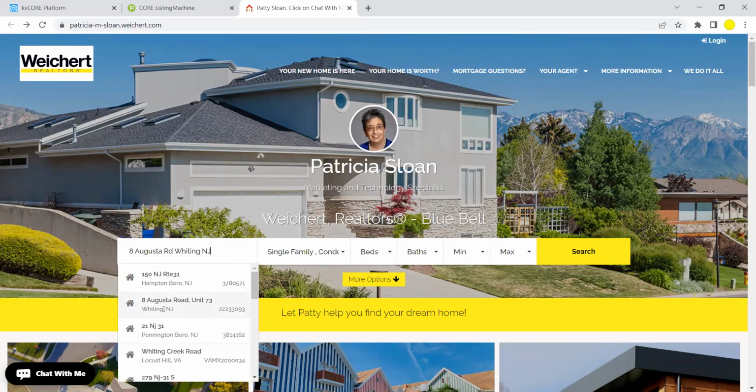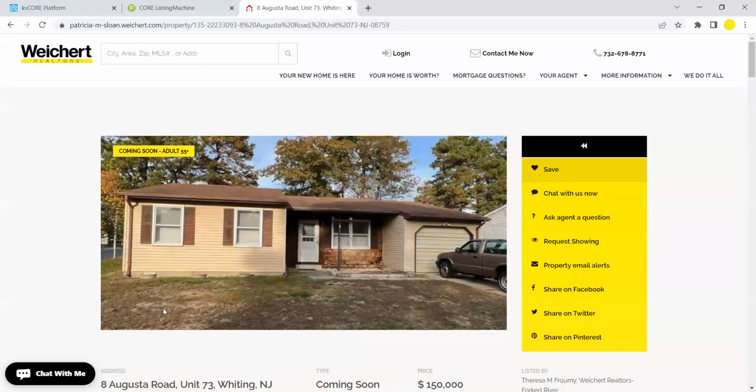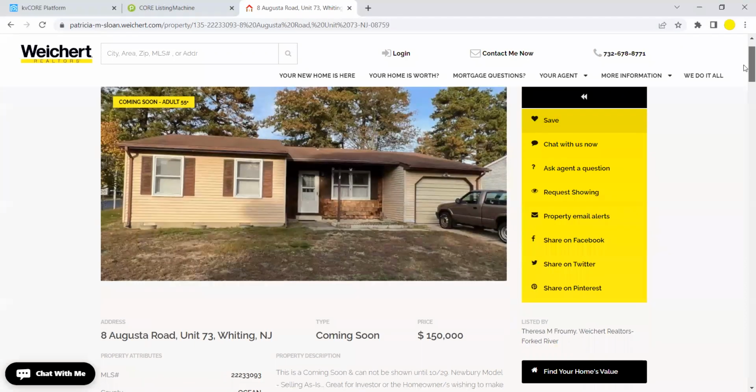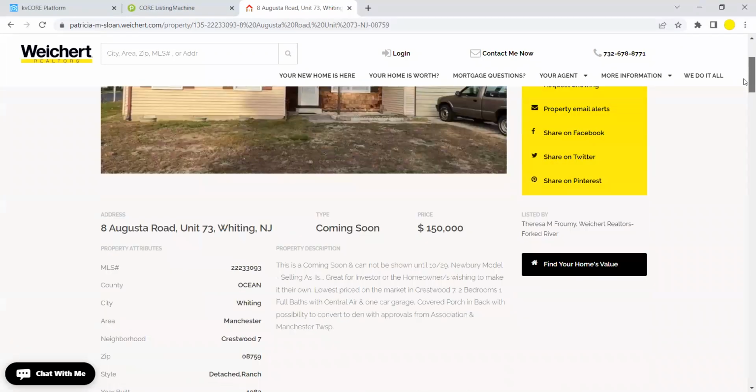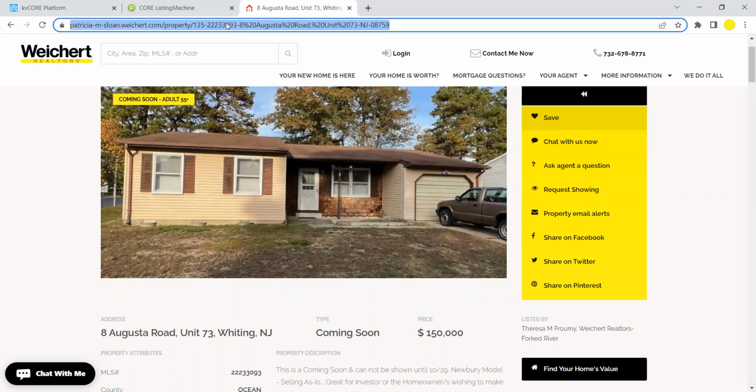And there it is right here, 8 Augusta Road. So I'm going to open that up. So now this is the information about the home. Okay, it's on my website, so it's branded to me. All right, so I can go up here and I can copy this URL